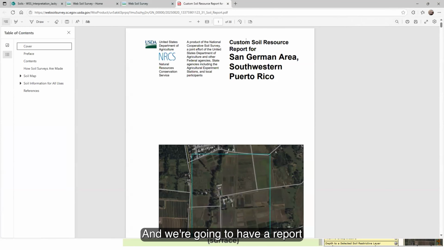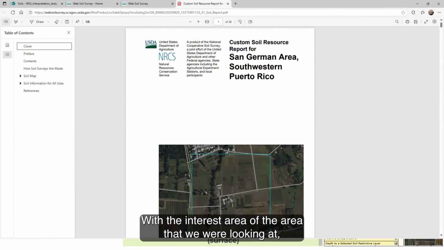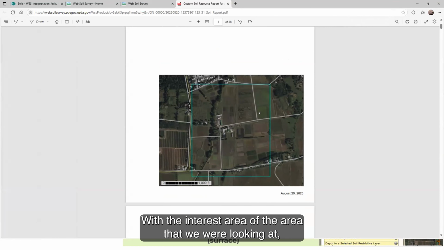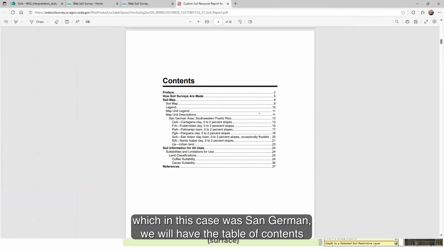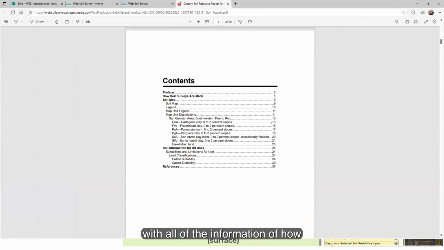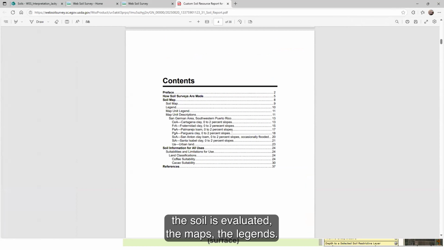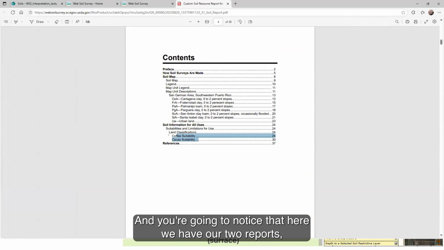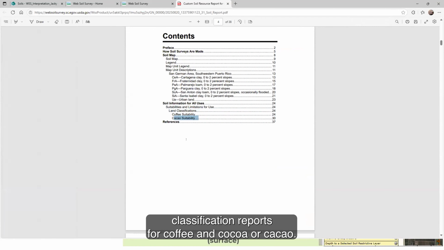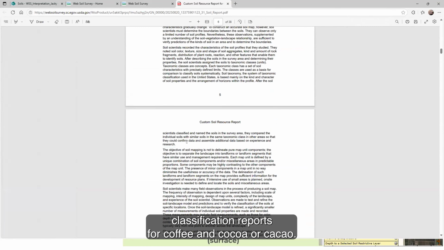And we're going to have a report, a more formal report, with the interest area of the area that we were looking at, which in this case was San Germán. We will have the table of contents with all of the information of how the soil is evaluated, the maps, the legends, and you're going to notice that here we have our two reports, classification reports for coffee and cocoa or cacao.